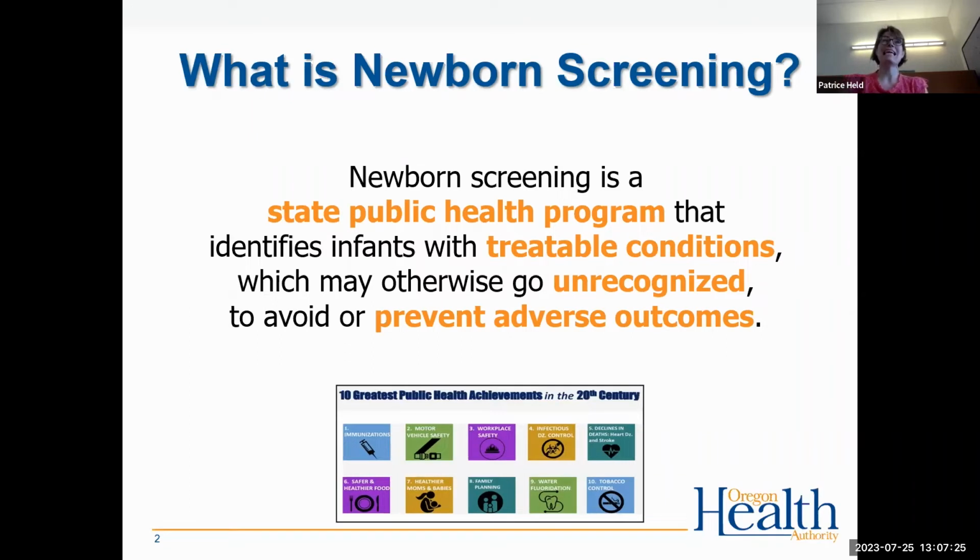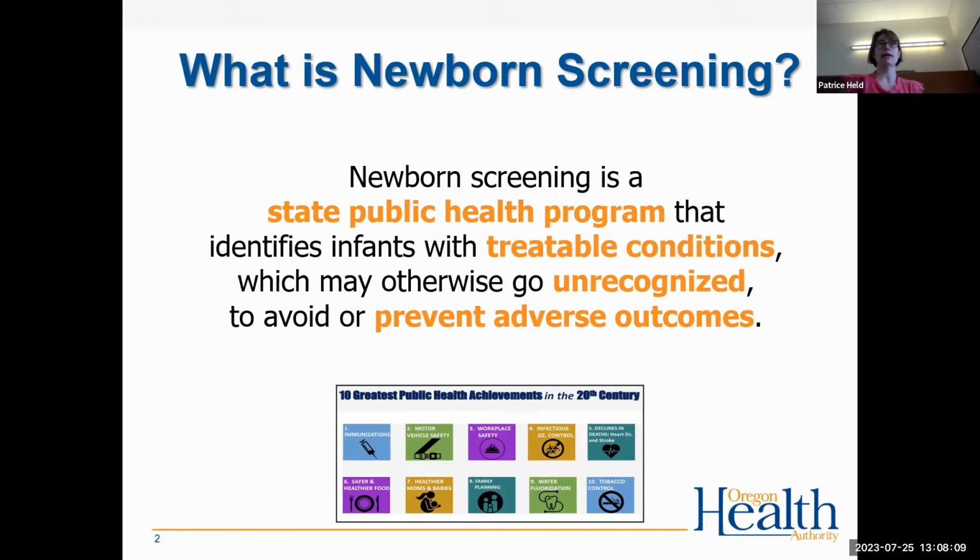So what is newborn screening? Newborn screening is a state public health program. All states have a newborn screening program, and many countries also have one. The goal is to identify infants with treatable conditions that may otherwise go unrecognized. All of the conditions on our newborn screening panel have specific treatments, and all of them require a laboratory test or an intervention in order to identify the children with the conditions. And of course, the ultimate goal is to provide treatment before the onset of symptoms